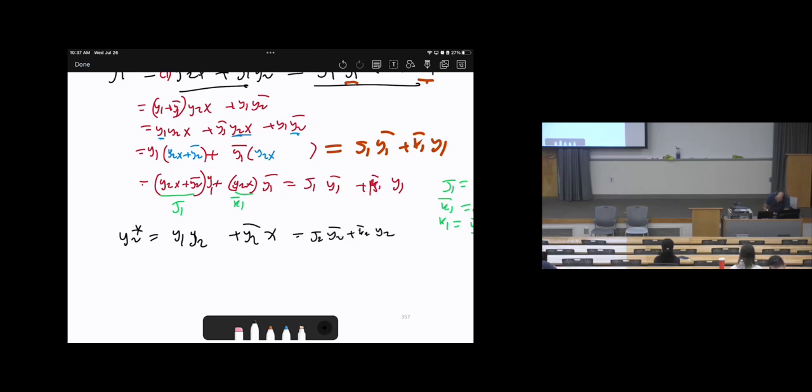Is this written into the general formula? Yes, actually. We can say this is equivalent to K2 bar. This is equivalent to J2, right? Or in other words, I can rewrite it as